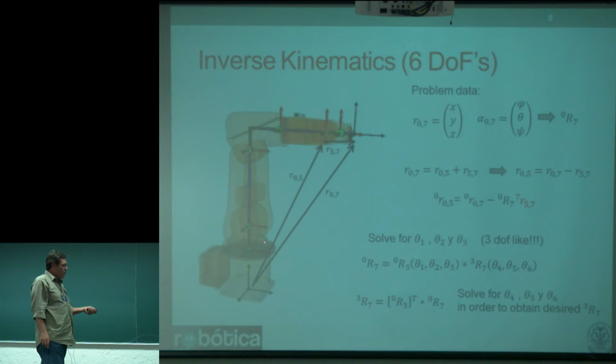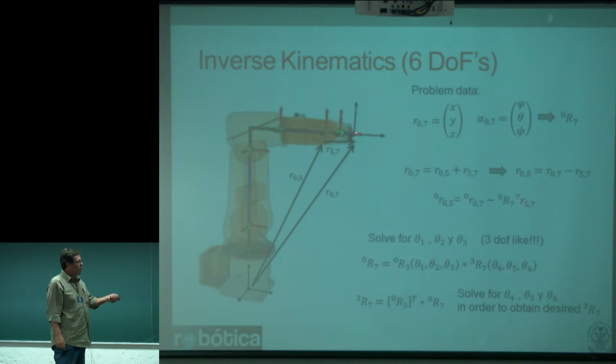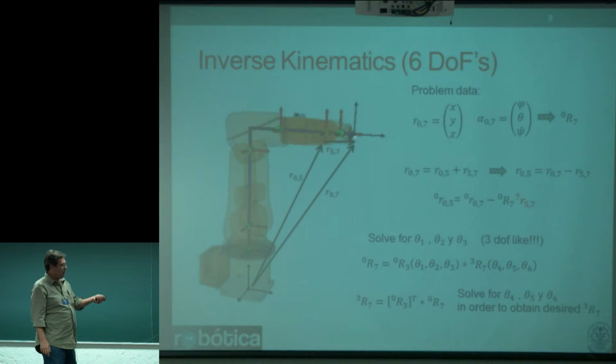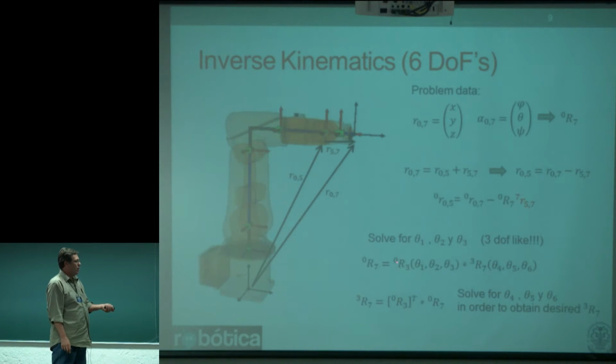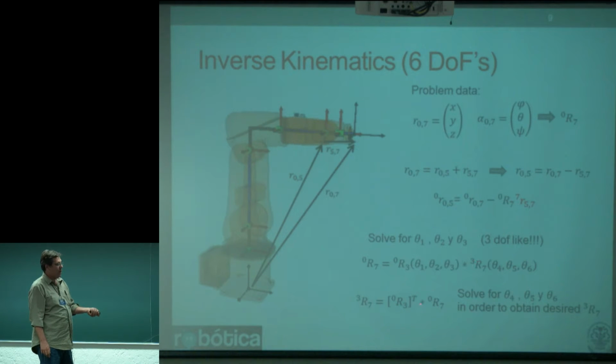So with that, we can solve the 3 degrees of freedom problem that we saw before, and then solve for the orientation. That means that with these 3 given, we can compute which must be these 3 in order to arrive at the desired orientation of the final frame. The final orientation is given by the first 3 and then by the last 3. This will be given by the 3 degrees of freedom problem,